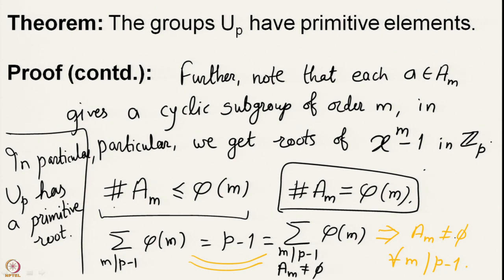So, we have proved that the group of units modulo p is a cyclic group of order p minus 1. Go through this proof, it uses some concepts from basic group theory which are not very difficult, and you will get familiar with these when you study these things more. In the next lecture, we are going to look at the structure of U_n in general and see whether they are cyclic, and if they are not cyclic, then we would like to find the exact structure of these unit groups U_n. Thank you.